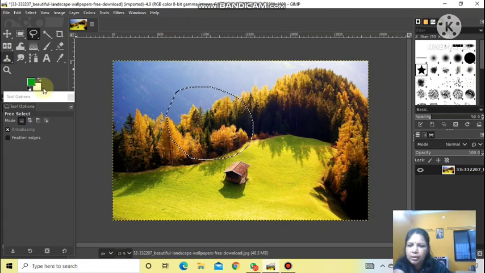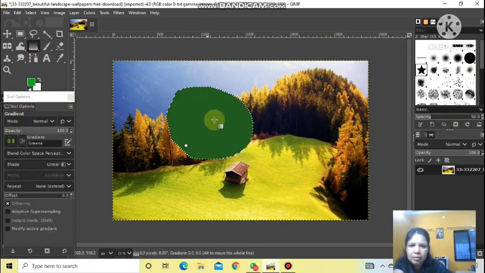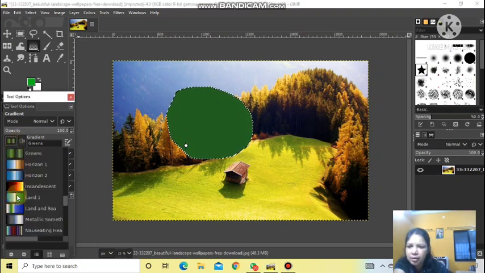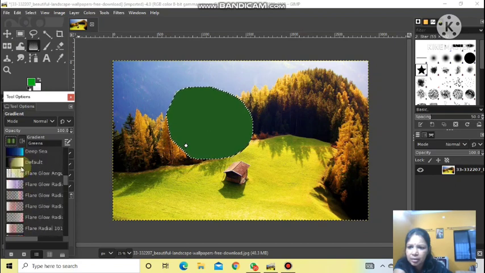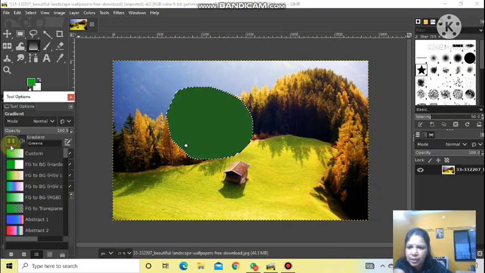Now in this you try filling, so this way it will get filled. Or any other one where the shade is shown clearly, this one.